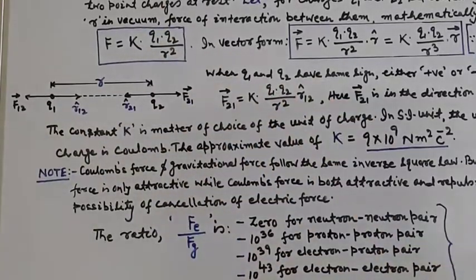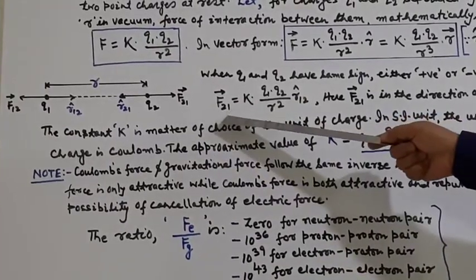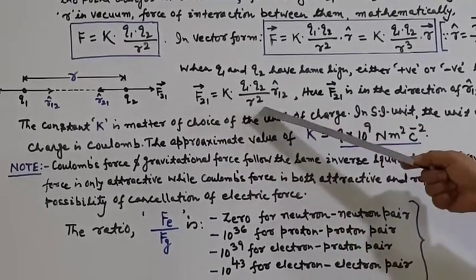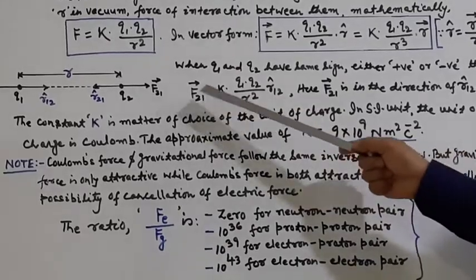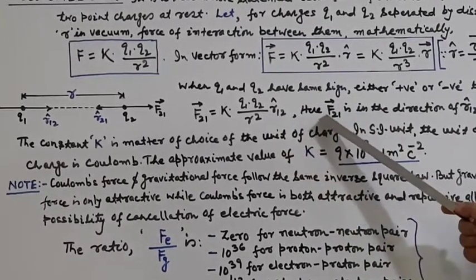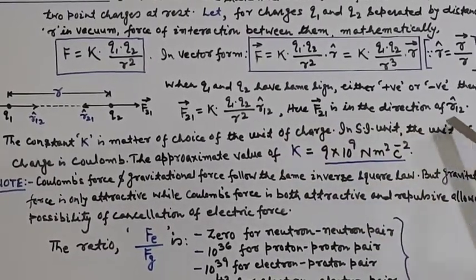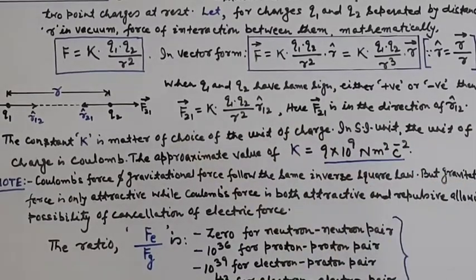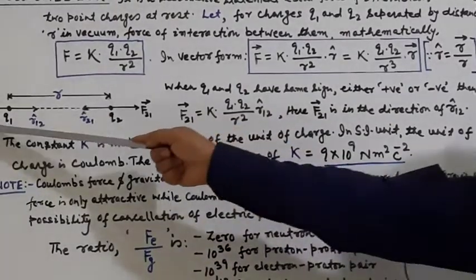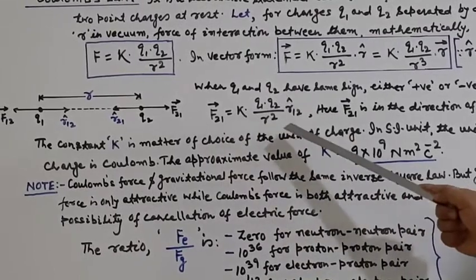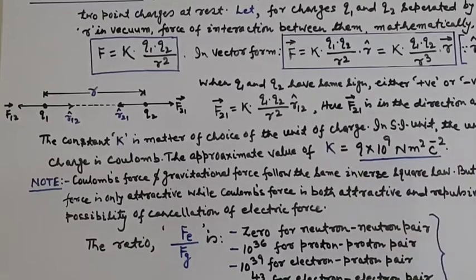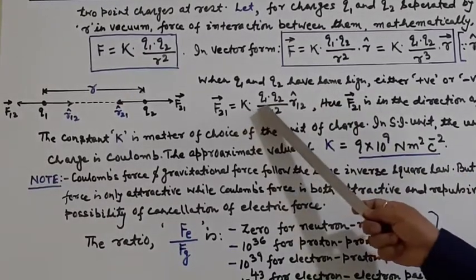So you can write any one equation. Here I have written F21. F21 means force on charge Q2 by Q1. So it is K Q1 Q2 by r square times the unit vector. The direction of F21 will be represented by R12. So here I have written R12 and mentioned over here, F21 is in the direction of R12. It means R12 will give the direction of force F21. Similarly, we can write F12 also. Here it becomes the force on charge Q1 by Q2. If you write F12, it is K Q1 Q2 by r square as it is, only this will be changed by R21, the unit vector. So this equation helps you in solving numerical problems to mark the directions.